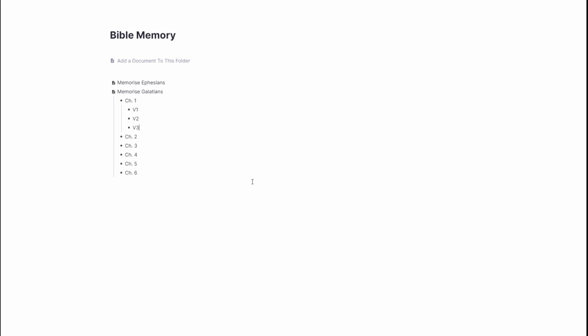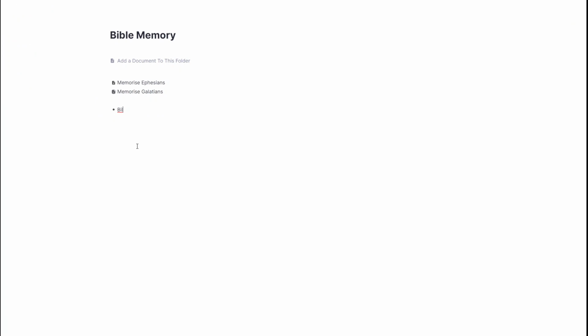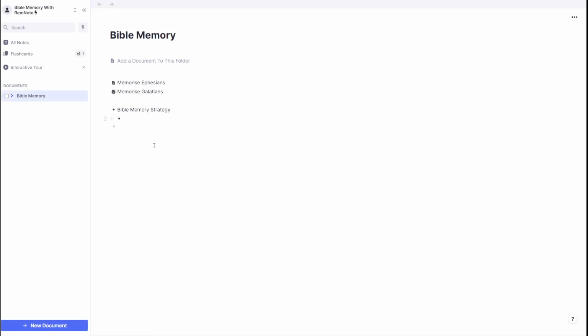Now, this is the way that RemNote is structured. You'll have at the top level folders, inside folders, you'll have documents, inside documents, you'll have rem, and then rem can have other rem underneath them. It is also worth noting at this point, within a folder itself, you can also add extra rem. So if for some reason I wanted to make a comment about my Bible memory strategy, rather than making a separate doc, I could just create a whole bunch of rem within Bible memory